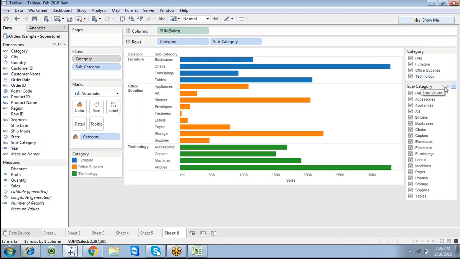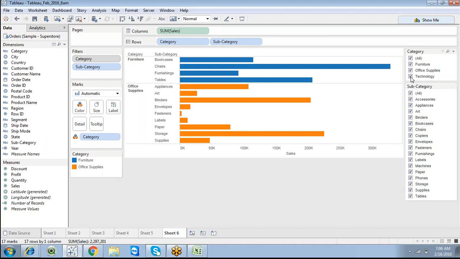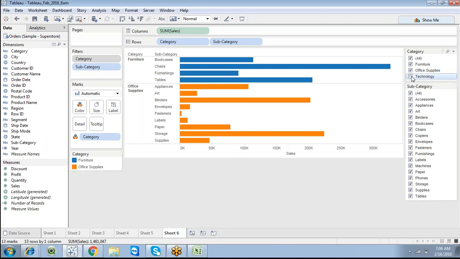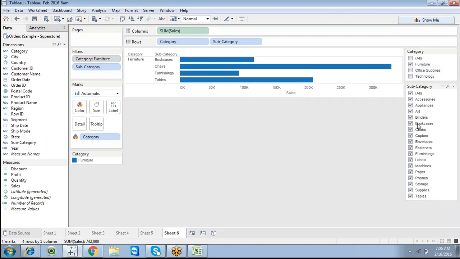So I can showcase the other differentiation. But when you see, click on technology, select technology. Now you can showcase all the values. Uncheck technology, but I do have technology related information. Now uncheck office supplies. I do have office supplies related information. So uncheck accessories, appliances. There is no reflection in my data. So no user, or any particular user, they don't want to showcase unwanted data in my filter condition.